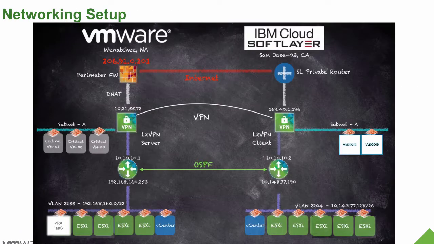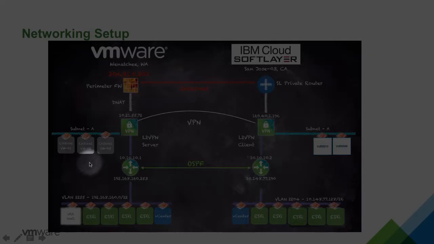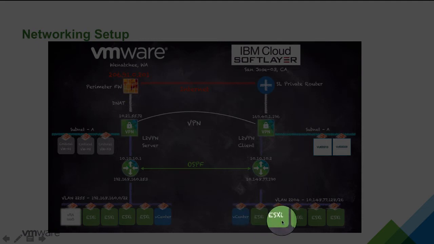For that, let us have a look at some of the networking setup that went behind this to make it happen. I have a VMware Data Center in Wenatchee, Washington State. I have various workloads running. I have ESX servers and a Virtual Center server with some networking configurations to run workloads on a private cloud, which is my VMware Data Center. At the same time, I have IBM Software in San Jose, California, another data center where I am running another instance of VMware Cloud Foundation, running some workloads, a Virtual Center server, and ESXi, but